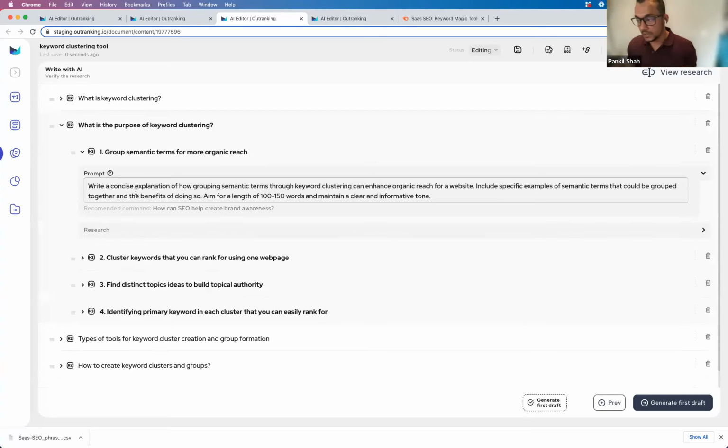So it will still try to talk about the topic, right? But if you're doing this in a mass manner, writing 30, 40, 50 outlines together, chances are that a few might not be great because it's again AI, and you're going to have to review it and readjust the prompt.